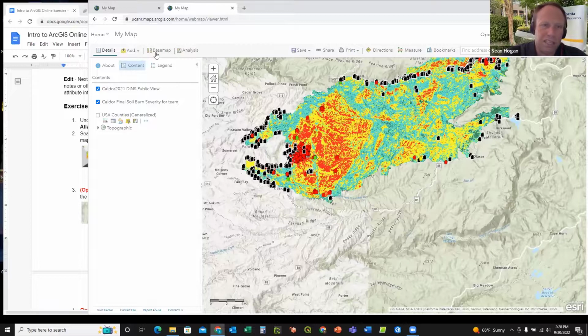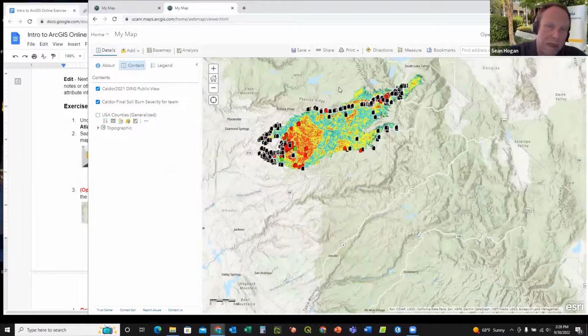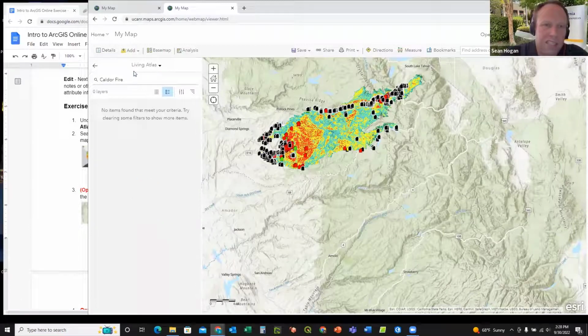We actually won't be producing this or having this map feature or layer in our final result unless you want to, because I'm going to give you a little time to play around with it. But for now, I'm going to go into Add Data and select Browse Living Atlas. So in the map pane again, go to Add Data, Browse Living Atlas,